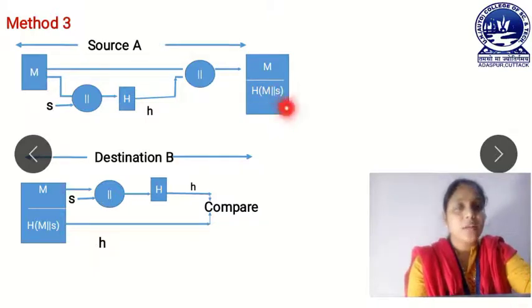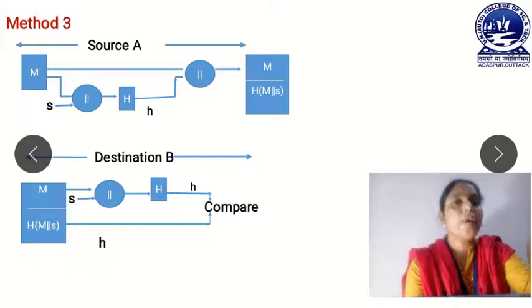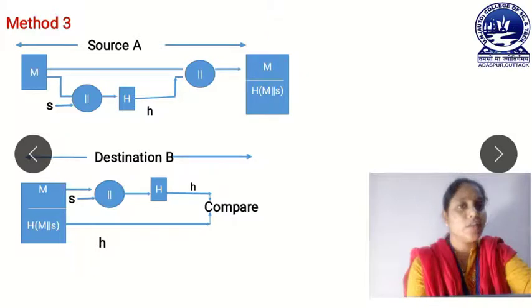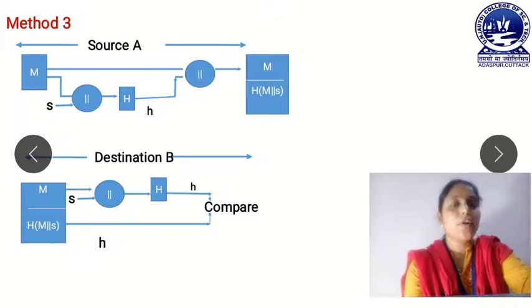Now look here, this is the actual message which is transmitted over the network. Suppose the attacker takes this message. The attacker first of all takes the original message value and changes it to some other value. After that it appends the hash value and sends it to the destination B. That means our confidentiality is not satisfied, because the attacker can change this original message, which means this method does not satisfy confidentiality. But check for the authentication.